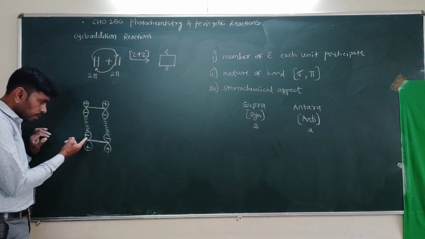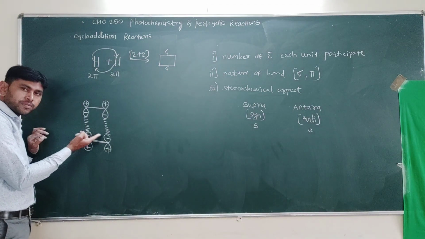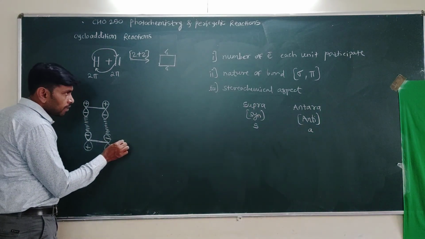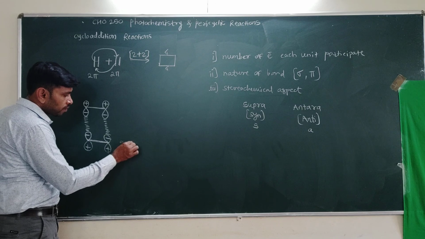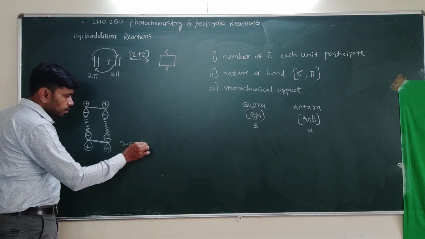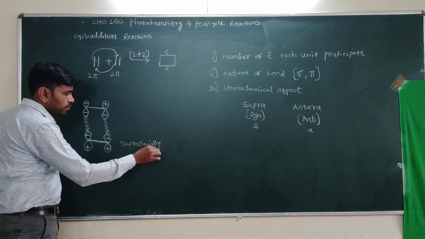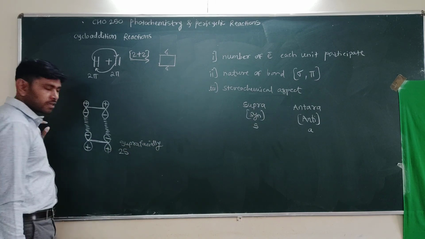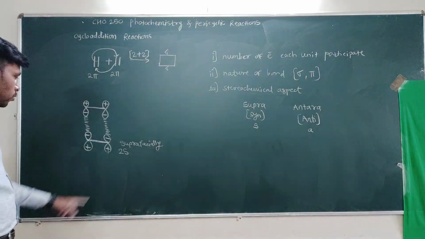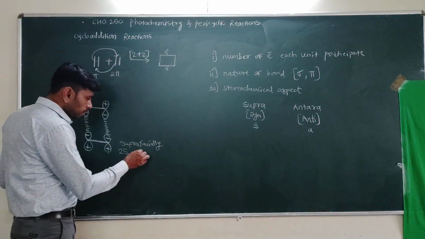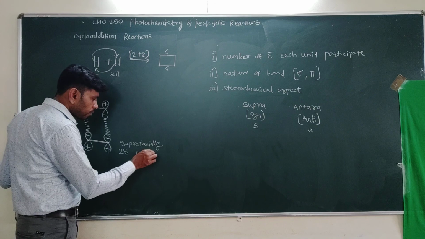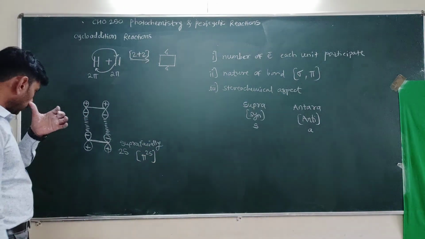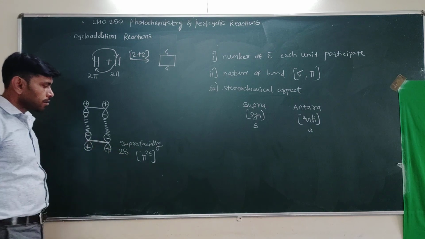Then when these two lobes are used from the same side, that is, upper lobes are used, then we say it is acting suprafacially. So a 2 pi system acting suprafacially, we can write 2s. Or sometimes if it is a pi electron system, then pi 2s. It may be shown by any notation. So this system is pi 2s.